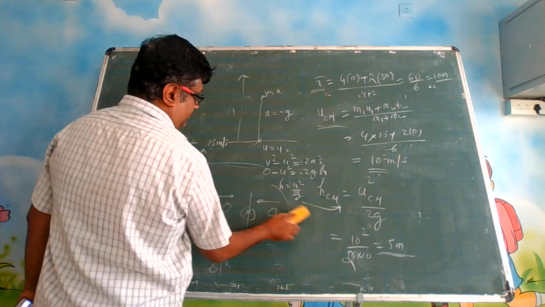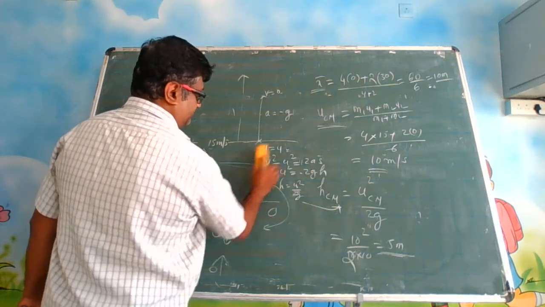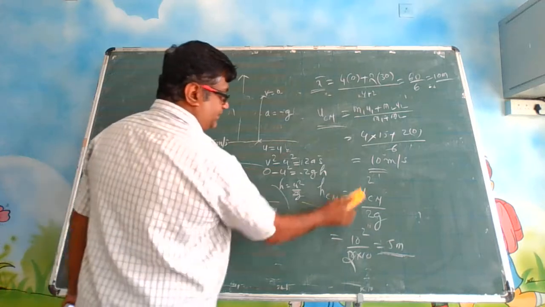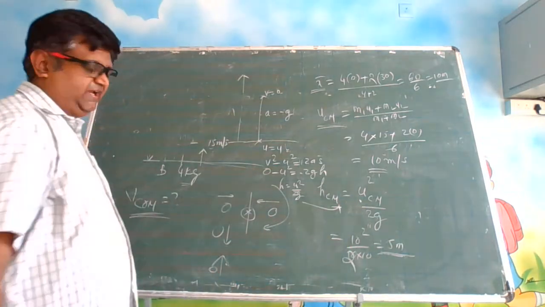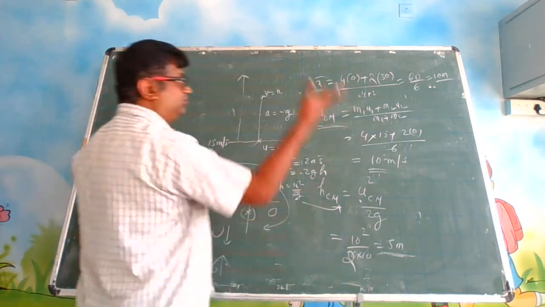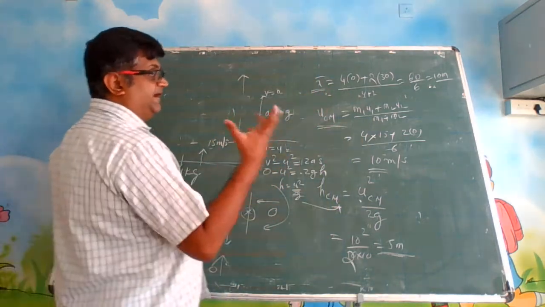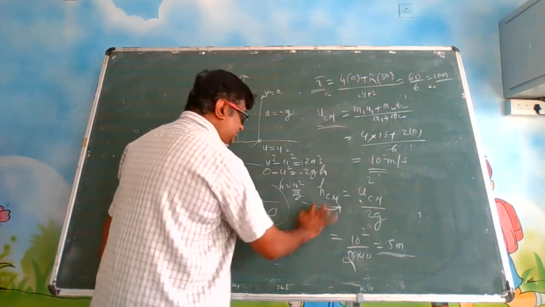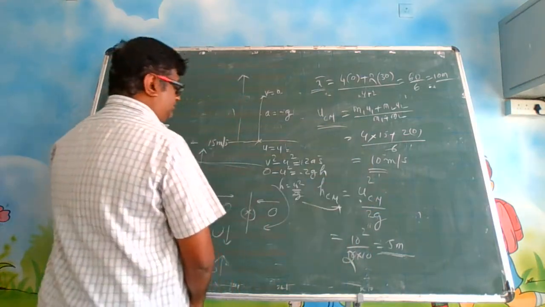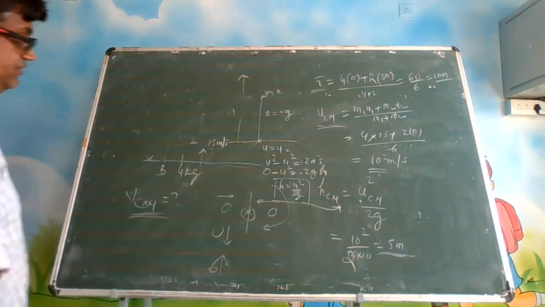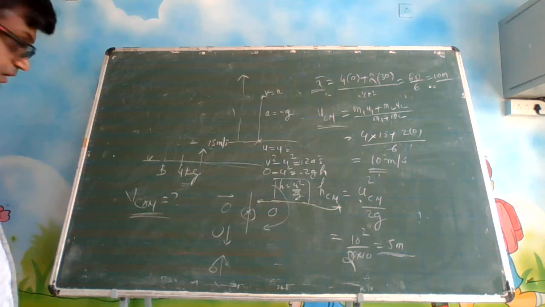This is a very useful derivation, you should remember. You should always remember that when initial speed is given to you, u square by 2g is the maximum height. Any object, initial speed u is given to you, when you try to throw it up, the maximum height that the object will go will be u square by 2g. Many times we use this portion. You please remember this. It's a very useful thing. I have shown the derivation also so that you understand how you have got it.